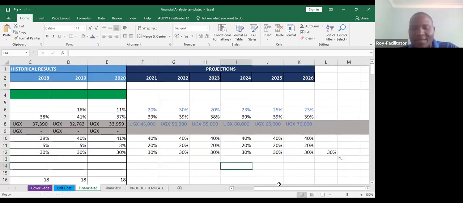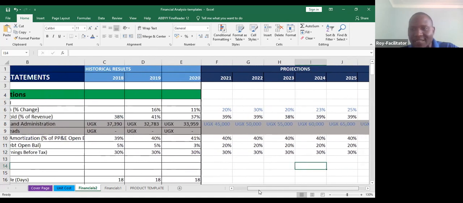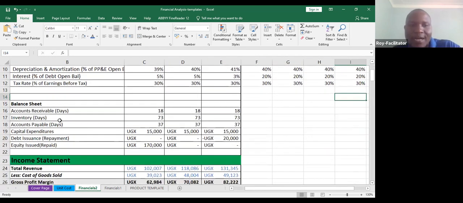Okay, so we've done the tax. That one is standard. Now, as you can see, we are at balance sheet assumptions. Sorry, I need to change something here. Okay, perfect. All right. On balance sheet assumptions,